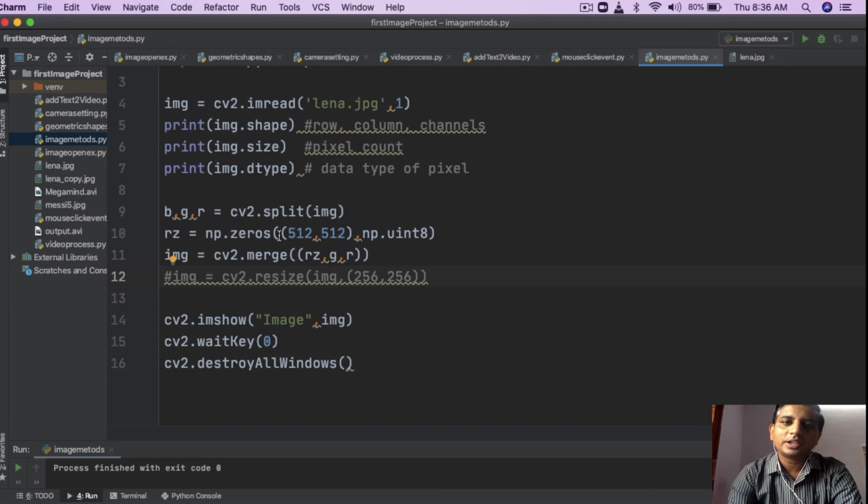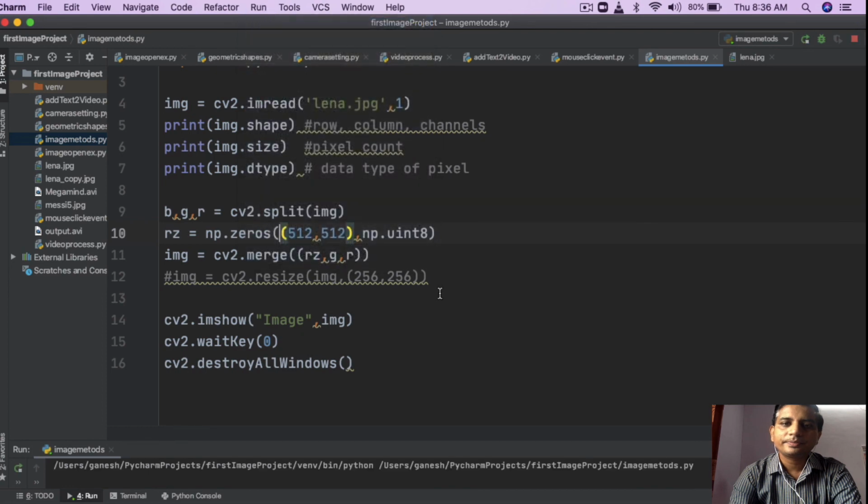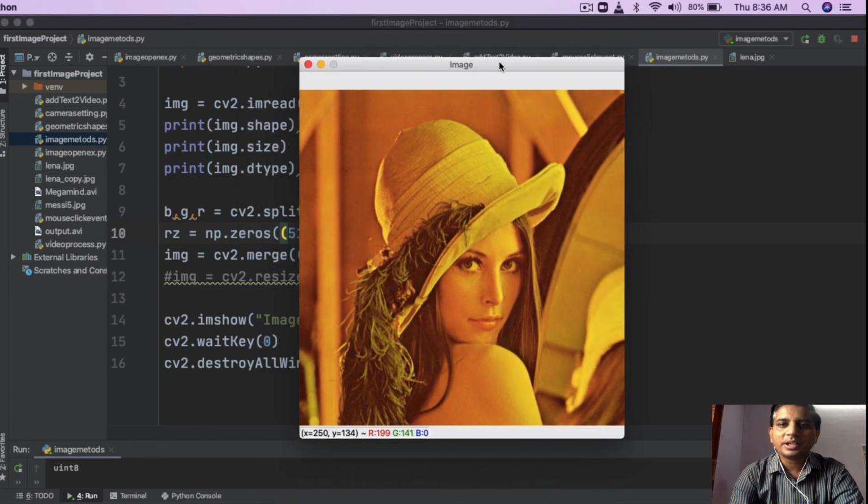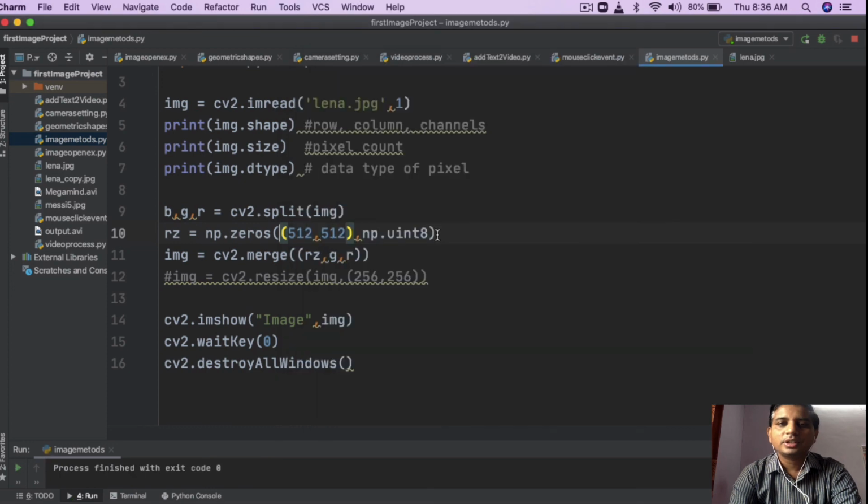Now this image only has green and red components. You can see here my image does not have any blue component, it only has the red and the green components. You can see at the bottom here, B is always 0. As well, you can remove any channel from your image.